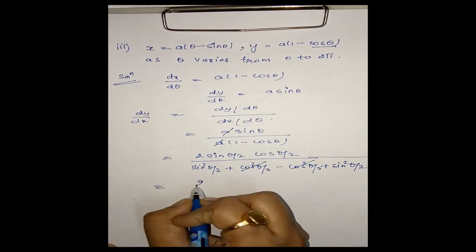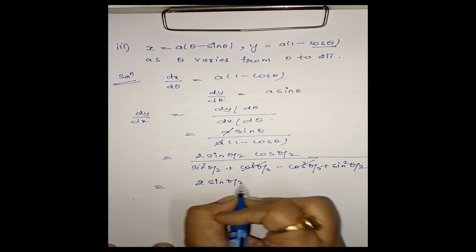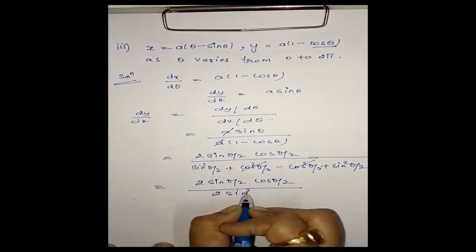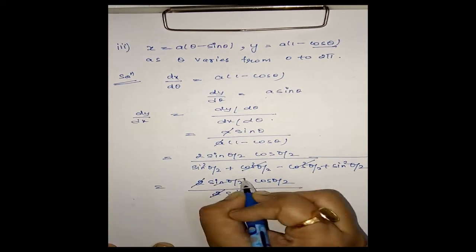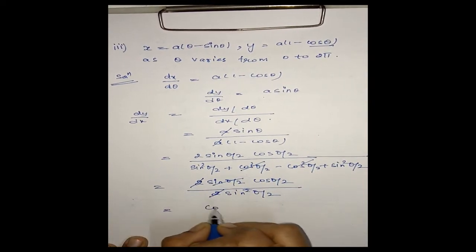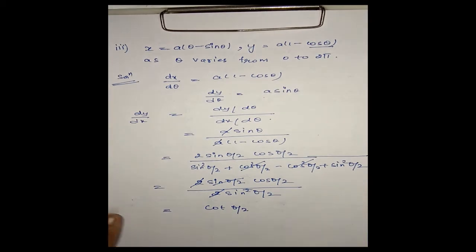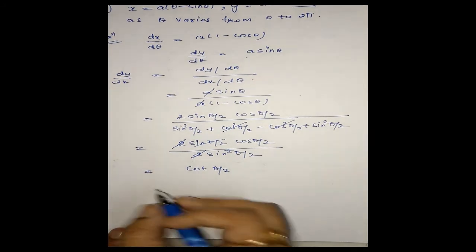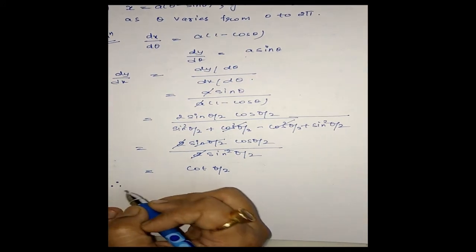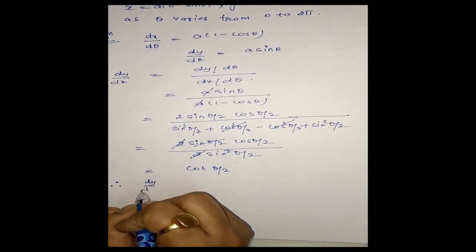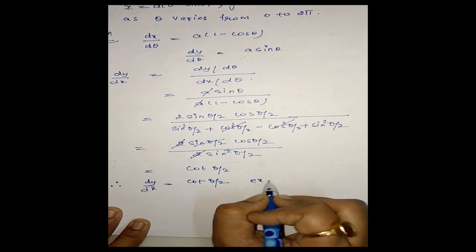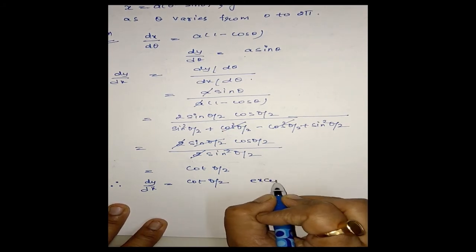That is 2 sin theta by 2 cos theta by 2 over 2 sin square theta by 2, which is cot theta by 2. Therefore dy by dx is equal to cot theta by 2